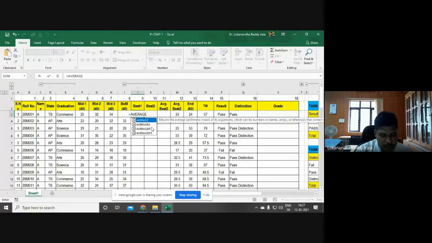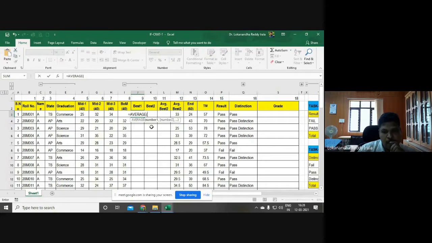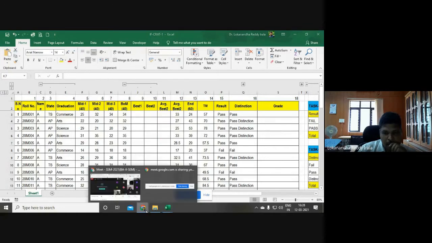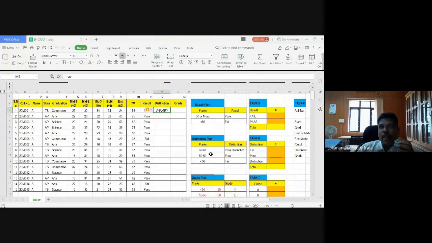Average brackets. Should I type it in the chat box? Will that be okay? Do that. Or you show me. Kindly share your screen. Is it visible, sir? Yeah, it started showing up.